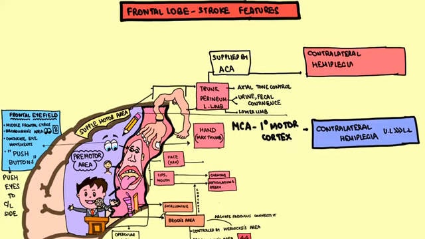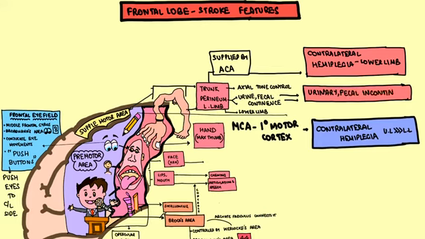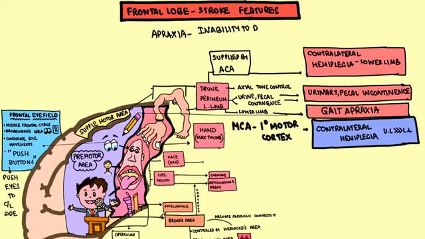The perineum is also supplied, so urinary and fecal incontinence manifests. The lower limb is guided to walk by the premotor areas. If this is affected, walking, which is a learned motor movement, can't be done properly. This is apraxia, gait apraxia. Just remember, mostly apraxias happen due to lesions of the parietal lobe. These are few exceptions: gait apraxia due to frontal lobe lesion.